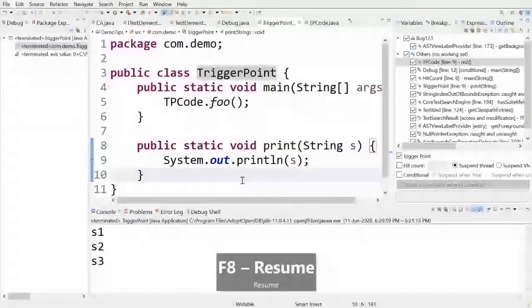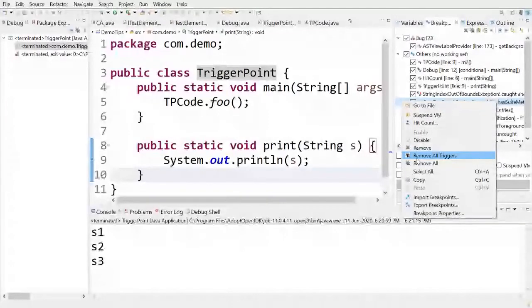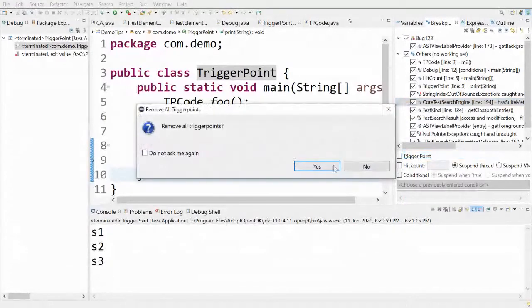So in simple words, a trigger point is a breakpoint which disables all other breakpoints until that particular trigger point is hit. You can have multiple trigger points in your workspace and they can be used for a lot of different purposes. When you are done with the trigger points, you can just remove all of them using this context menu option to remove all triggers.